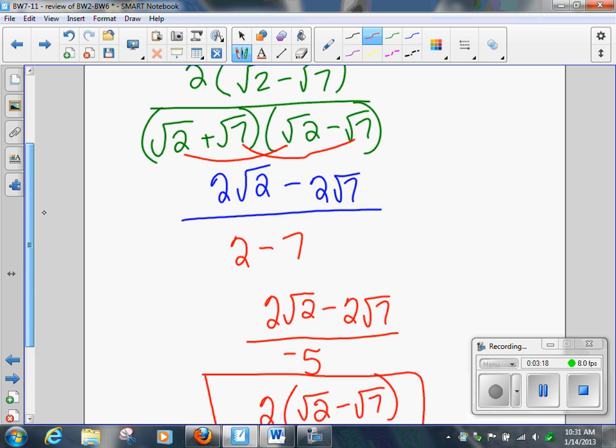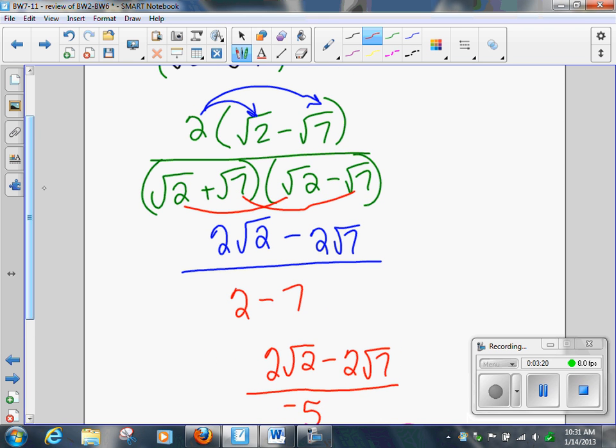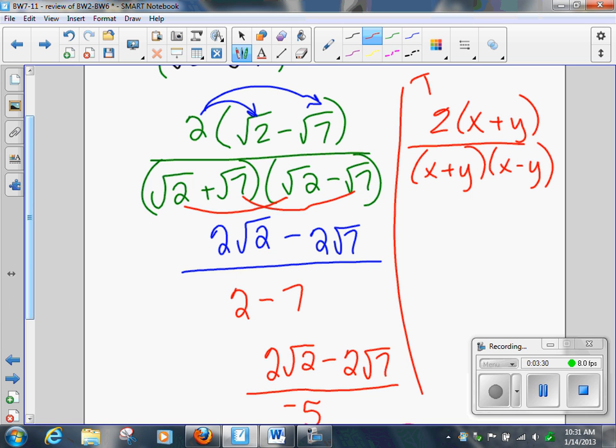Where are we distributing FOIL here? If I were to change this to look like this, 2x plus y, x plus y, x minus y. This is just thinking, okay? Would you know what to do there? Okay? Don't let that radical throw you. That's the same thing as the